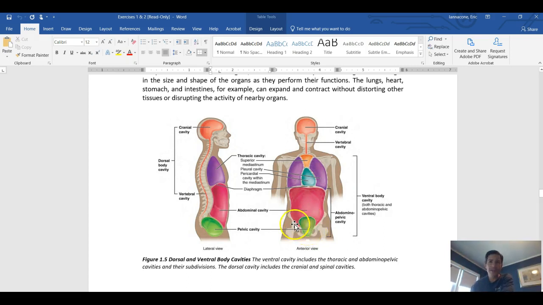This really should be like sort of a dotted line or something. There is not a hard anatomical boundary in between abdominal and pelvic. In between your thoracic and your abdominal pelvic region is your diaphragm, so it is a very distinct, robust anatomical boundary or border. In your abdominal pelvic cavity, you just have a thin membrane that encloses all of your digestive